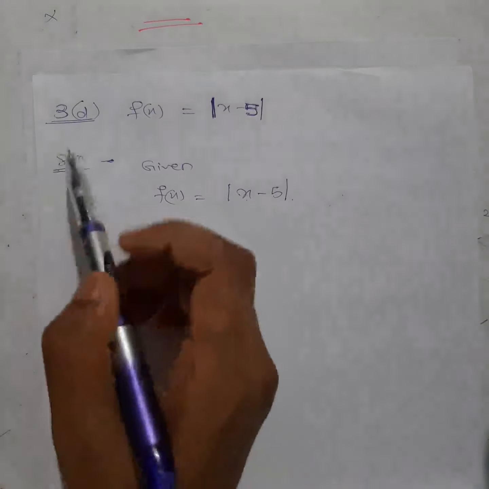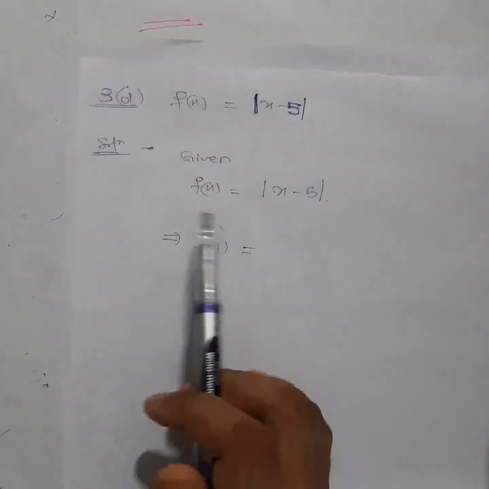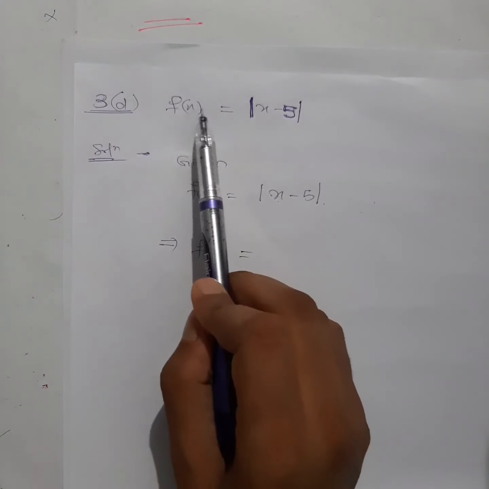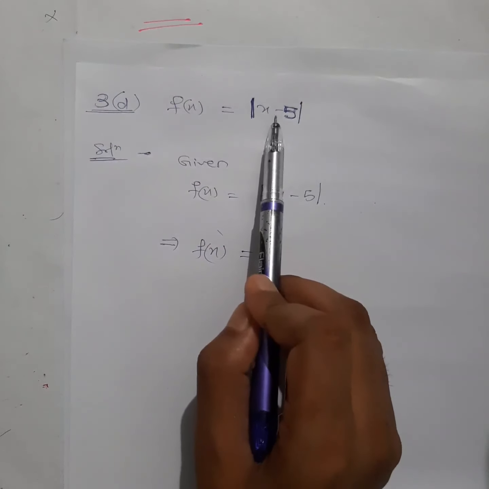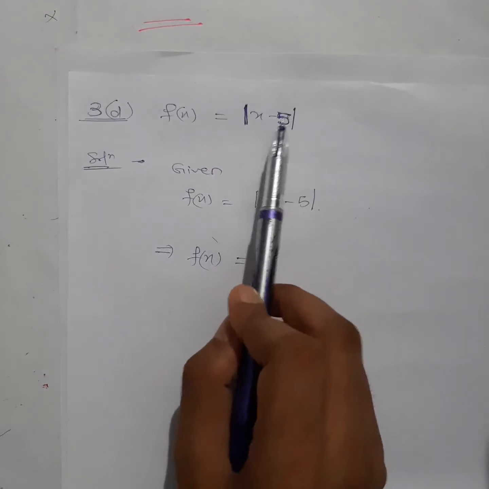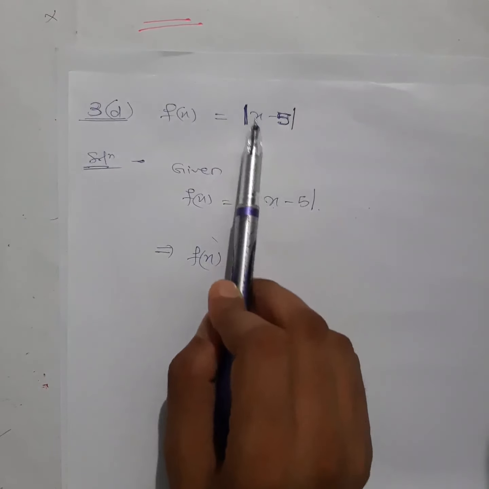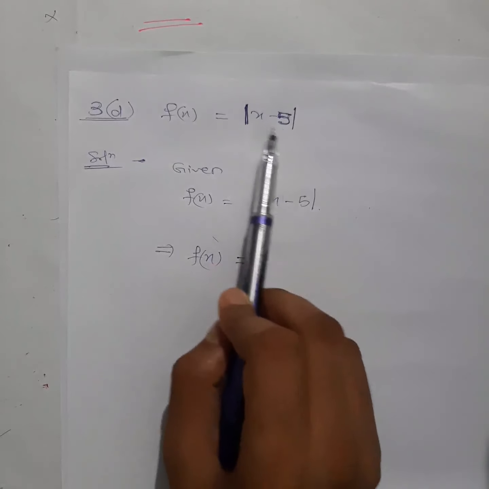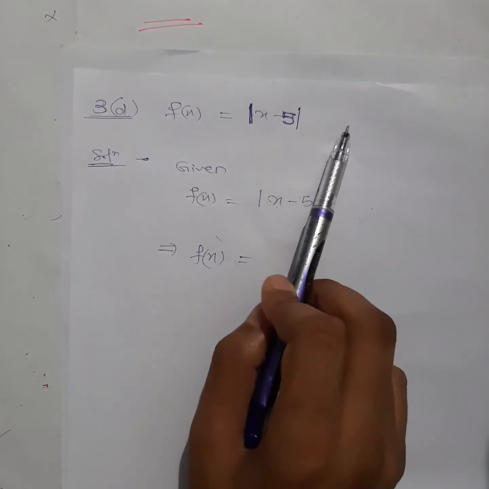Okay, students, so next is question number 3D. What is the function here? The function is f(x) equal to modulus of x minus 5. Now all of you know what this modulus function is, right? Modulus function means whatever value comes out inside it, negative or positive, the output will always be